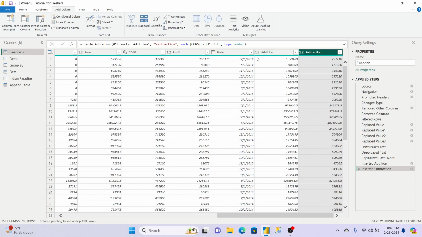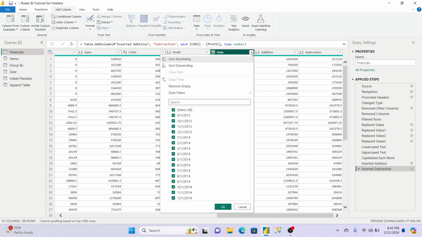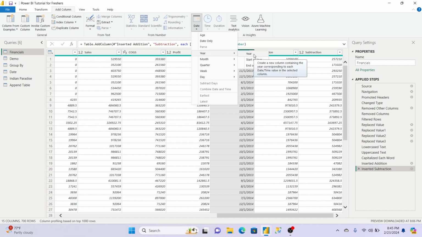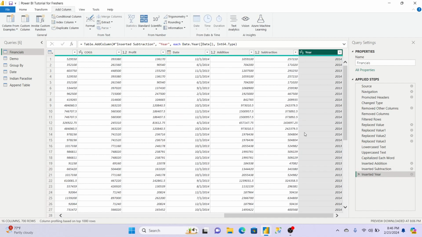Now coming to this date. Date is the most important thing I have to tell you actually. For example, now here a number of dates are showing. It is in dd, mm, yyyy, four times y. Now here this date option is there. While understanding the data, we found that we have data of only 2013 and 14. For example, if you want a new column of only the year, just click here, click on year and year. It has created one new column which is only showing you the year.